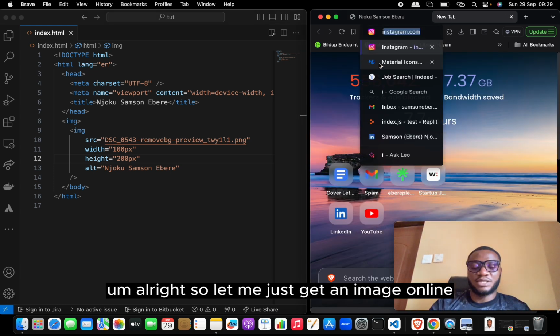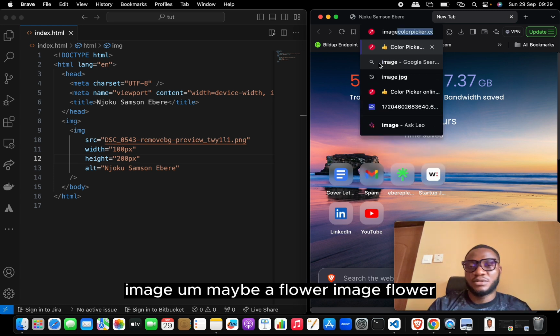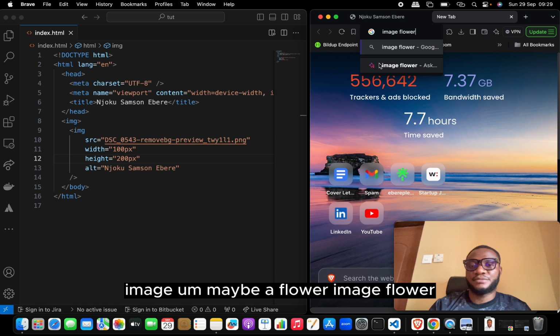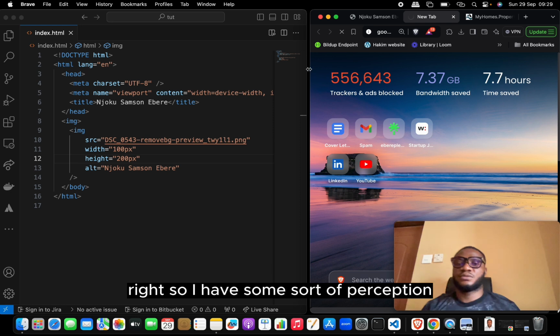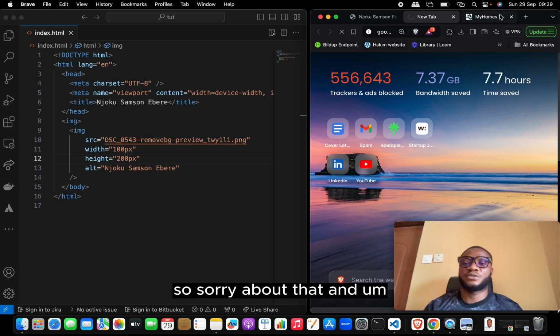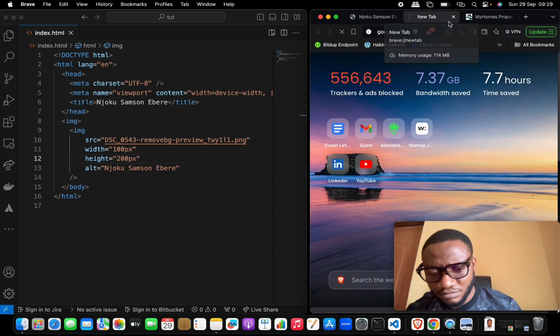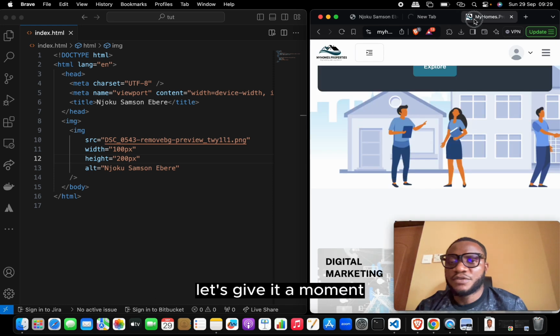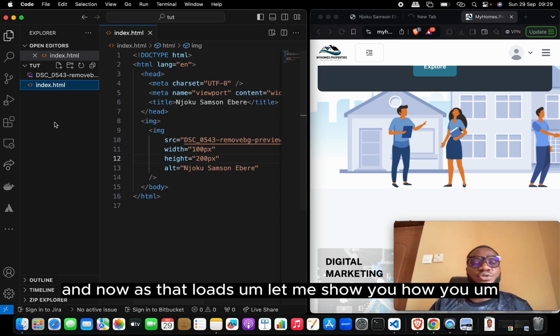Just to make sure I don't continue to use the same image, let me just get an image online, maybe a flower image, so that I will make sure I'm using something different, right? I have some sort of poor reception, so sorry about that. It's going to load up in a minute. Let's give it a moment. And now as that loads, let me show you how you